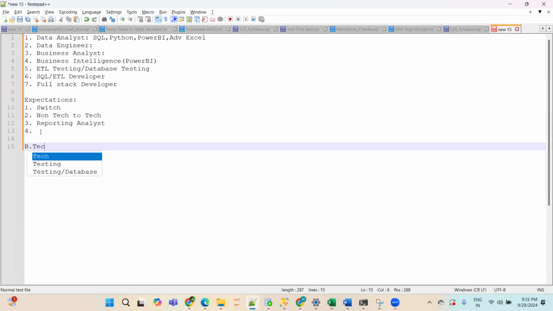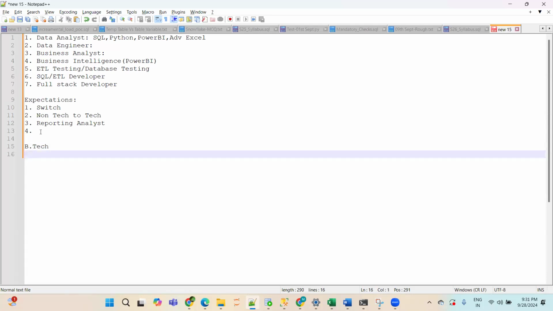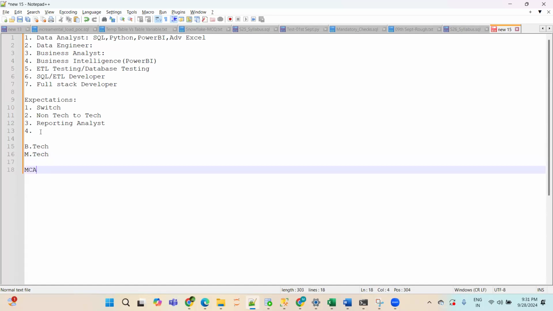Earlier, in the IT industry, they generally invited only BTech or MTech candidates. Now they have relaxed it. They are accepting MCA, BCA, BCom, BBA, MBA. I have many candidates who cracked it with this background. One of my students was from a BA background, and now he's working as a data analyst. So if you're from any of these educational backgrounds, you can apply for a data analyst job profile.